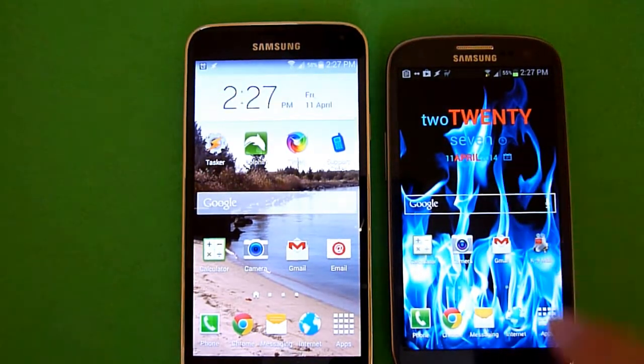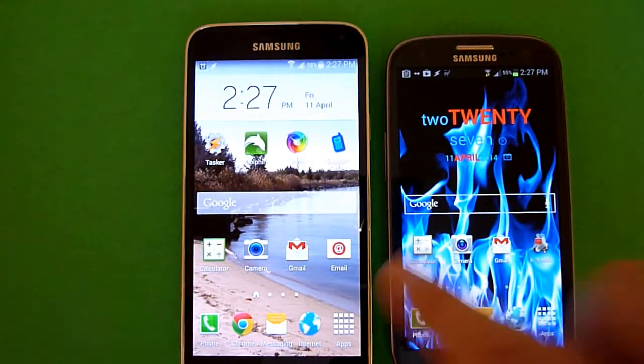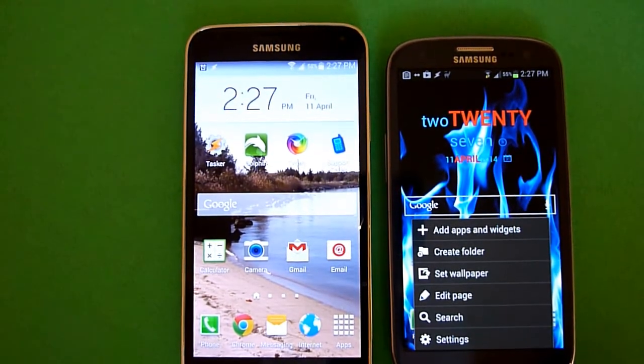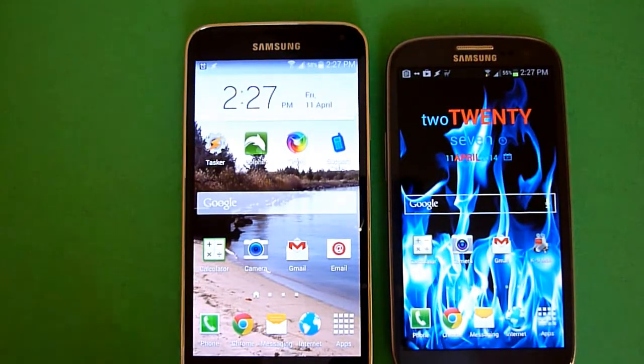Also, you can see here, even though there's 1 physical button and 2 capacitive buttons on both of these, they made a slight change with the S5. By default, on the S3, you have the back button on the right, and you have a menu button on the left, plus then the center home button. But with the Galaxy S5, you still have the back button on the right, but you actually have